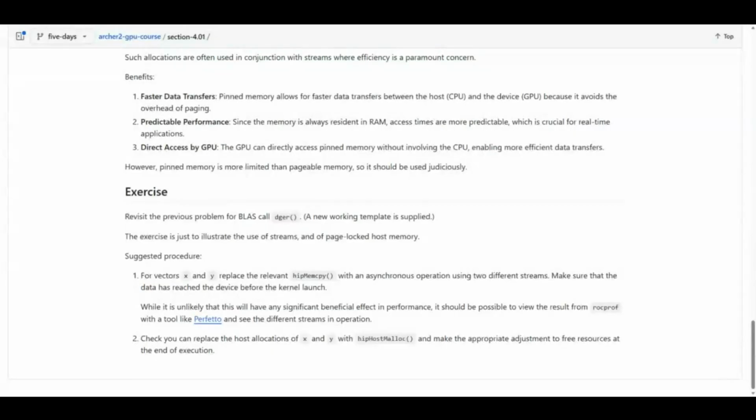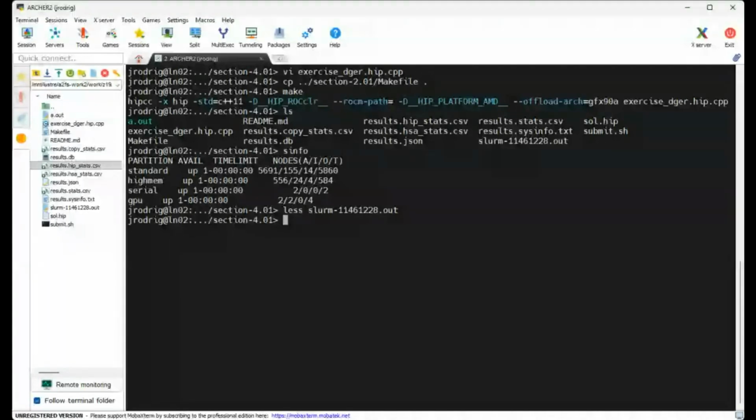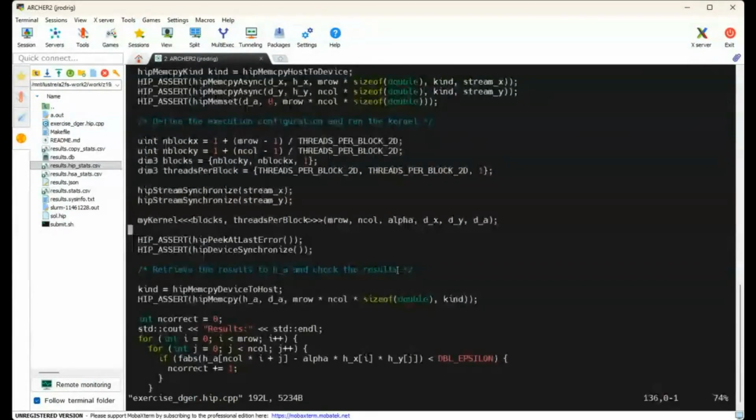Let's see if we can give it a try, see if we have time to do that. Actually, yeah, the syntax is similar. So if we go to the exercise,